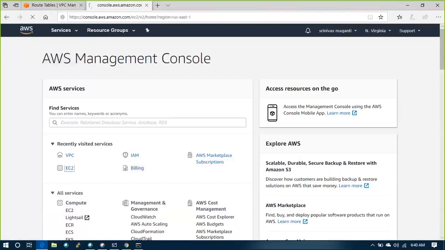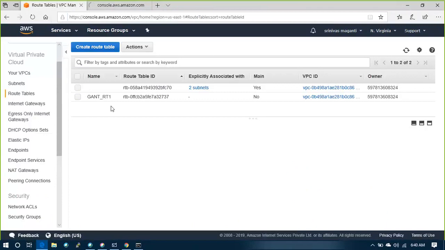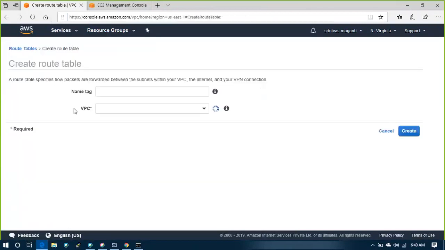I'll go to EC2, I'll go to route table, create another route table, and_route table_in_NAT gateway, in the same VPC.